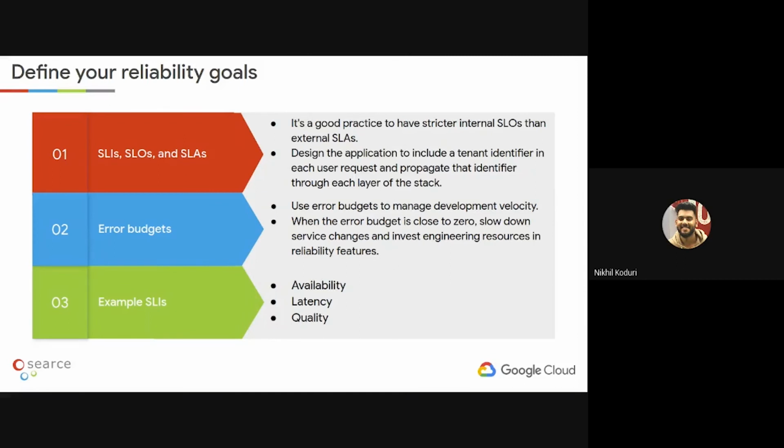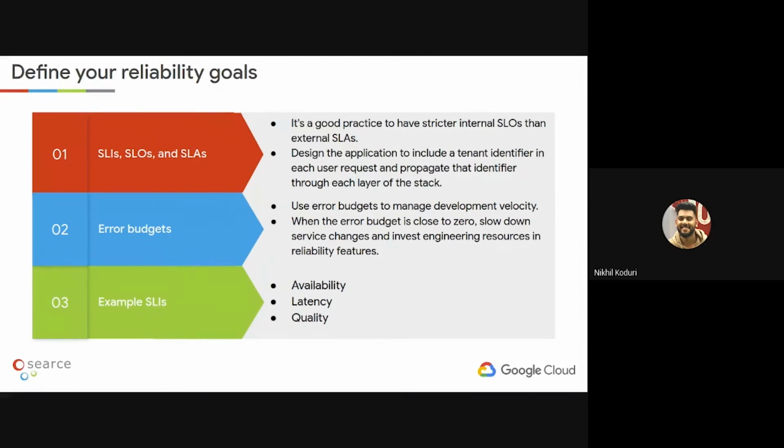Next, you have to use error budgets to manage the development velocity. Check what kind of error rate you can afford, and if it goes up beyond that, you have to incorporate better development practices and strategies into your application deployment.